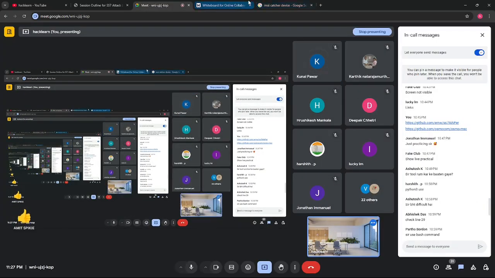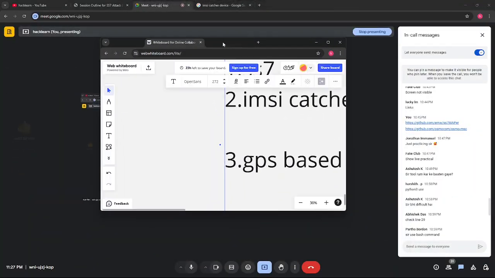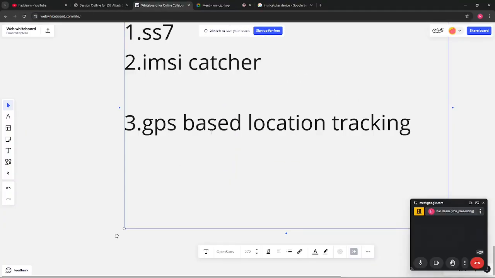After that they can use GPS-based location tracking. Most smartphones have real-time geolocation tracking in whatever software or social media application you are using on your phone.